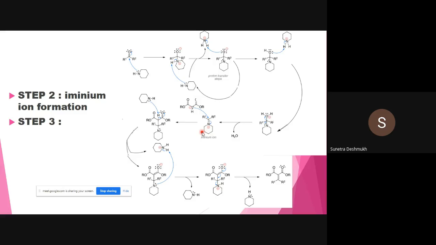On the previous slide I have given different examples of how to utilize different types of bases, and as your base changes, your mechanism is getting changed. So here if you use cesium fluoride, the mechanism is totally changing. So you have to use cesium fluoride to generate this iminium ion. So you have to think in that way. If we change the base, the total mechanism is getting changed. So here we see a representative mechanism with piperidine as a basic catalyst.